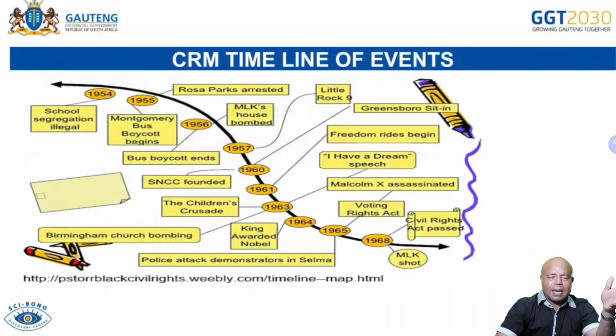So the Birmingham campaign was basically Martin Luther King. Take note, Martin Luther King started the civil rights movement. He became the voice of the civil rights movement in 1955. Sit-ins, he was not part of that, but he supported it. He was very articulate. He was very vocal. Then the freedom rides, he was not part and parcel, but he supported it by voicing his opinion pertaining to